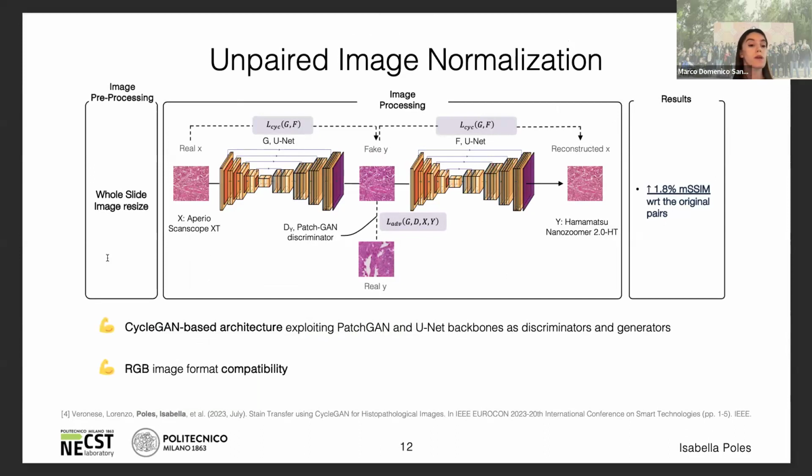In particular, we design a CycleGAN-based architecture to learn a bidirectional mapping and try to bring all the images to lie in a common color domain to then ease the subsequent processing tasks. Our strategy allows to tackle the problem of having unpaired histopathology images during training, as well as being compatible with